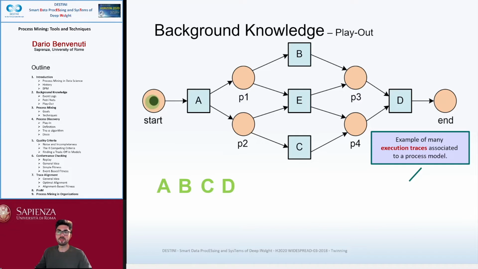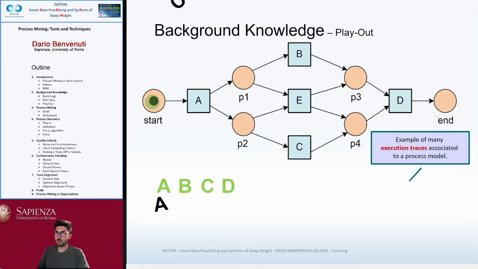And to do something like that, we can use a technique called playout, which is basically picking a process model and playing the activities in an order that is allowed by the model and recording the execution traces.